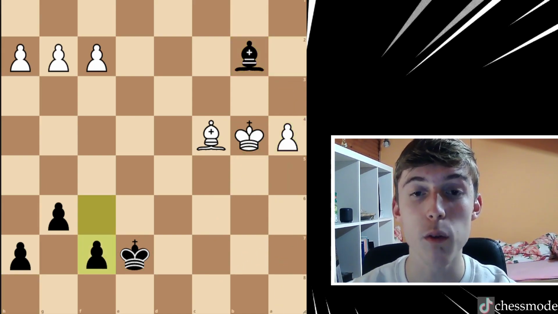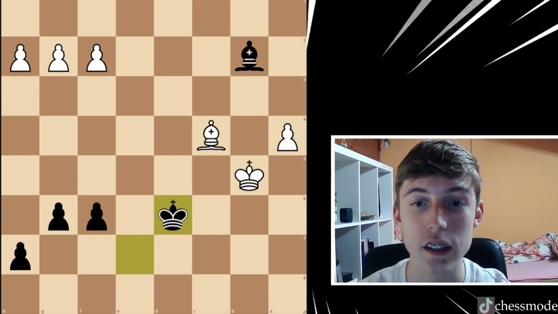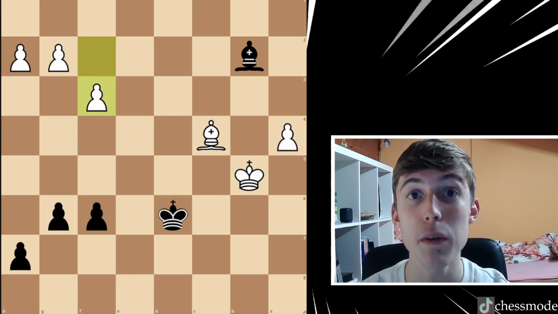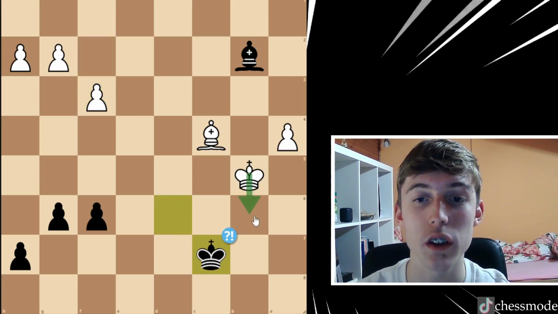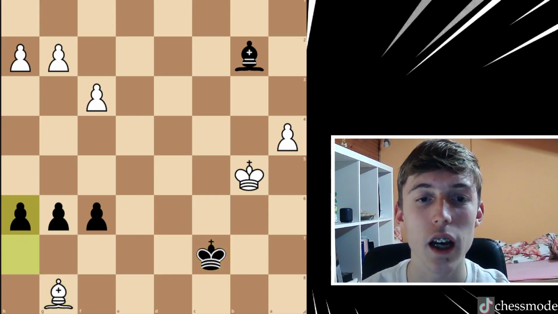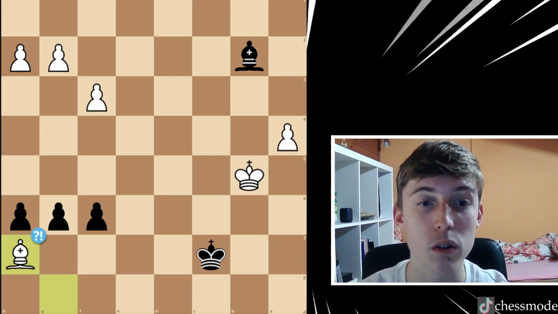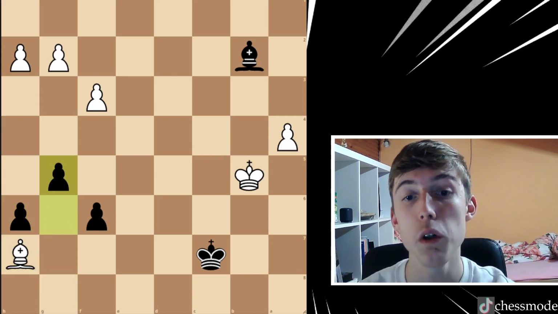He just played a4, I played f6, king to g4, king to d6, and now f3. I played king to c7 now because I didn't want the king to move forward. And now after bishop to g8, I just played h6. And now he basically forced me to put all my pawns on the dark squares, which I was pretty happy